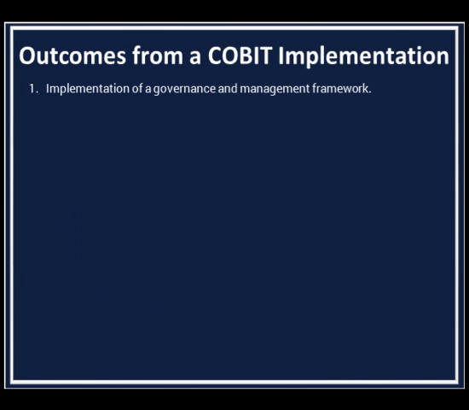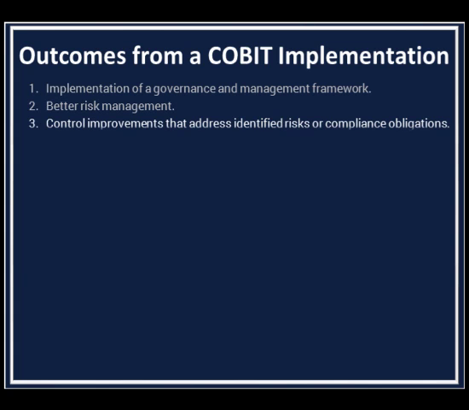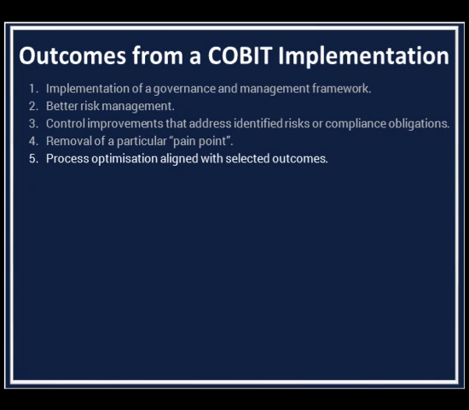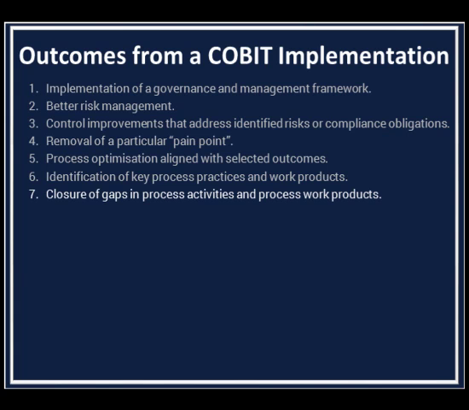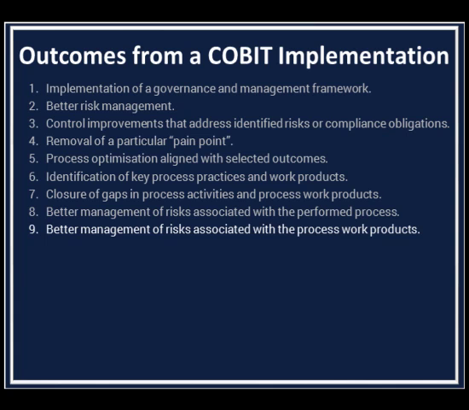An outcome from a COBIT implementation could be the implementation of a governance and management framework, better risk management, continual improvement that addresses identified risks or compliance obligations, removal of a particular pain point, process optimization aligned with selected outcomes, identification of key process practices and work products, closure of gaps in process activities and process work products, better management of risks associated with the performed process, better management of risk associated with the process work products,